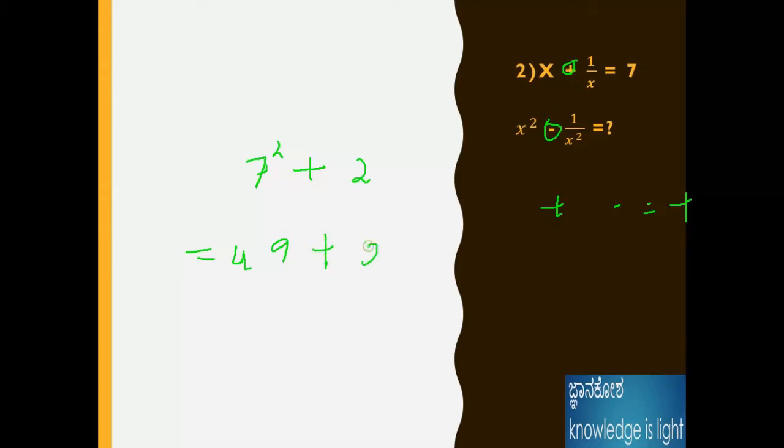Okay, the second problem is this one. Here a plus and minus sign is present. Because plus minus means, as I already told, the sign should be plus. That means 7 square plus 2. 7 square is 49, plus 2 is equal to 51, the answer for this question. Like that we can easily solve any problem of this kind.